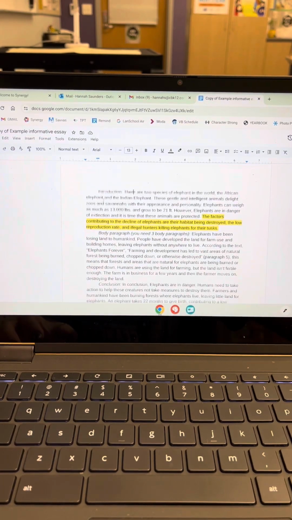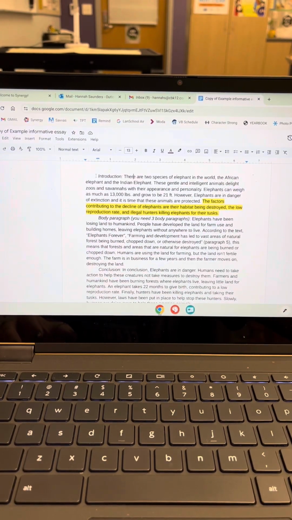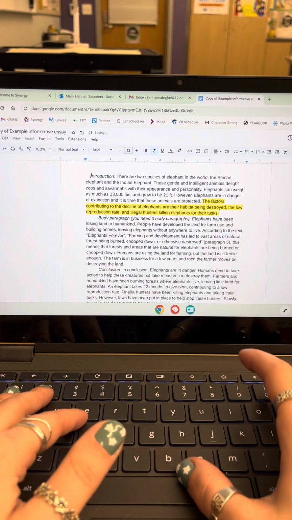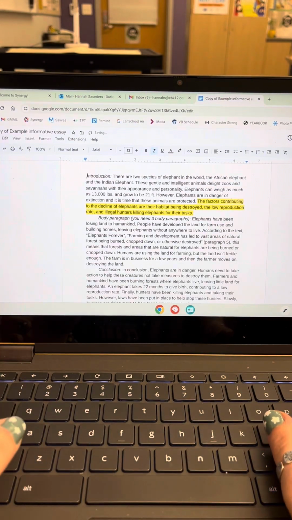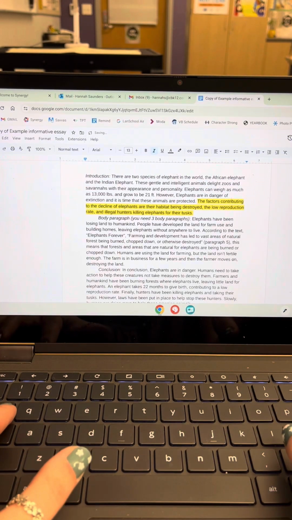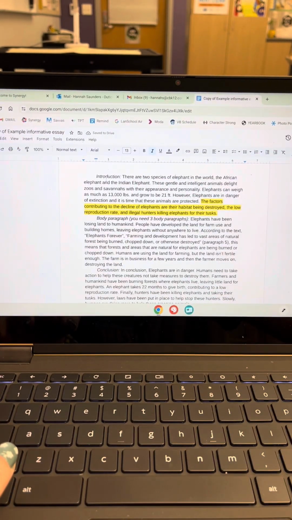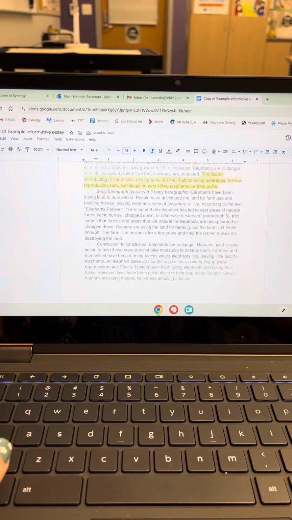If you notice, I have my paragraphs indented. Everything is together, right? I have my hook, my background information, my thesis all in this one chunk. And my first sentence starts out with 5 spaces in. If you don't know what that looks like, it's 1, 2, 3, 4, 5, right? Or if you don't want to count, like I don't like counting, you'll just hit the tab button. See right here, tab, right? And then it indents it for you. And you'll do that with each of your paragraphs.